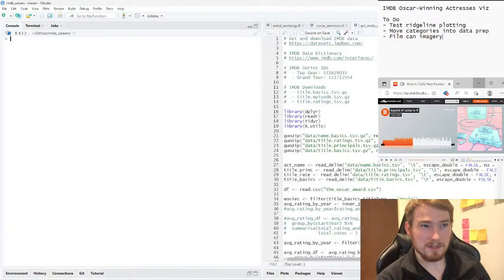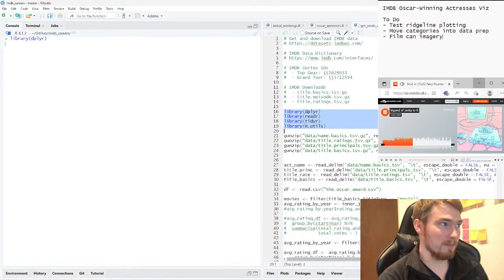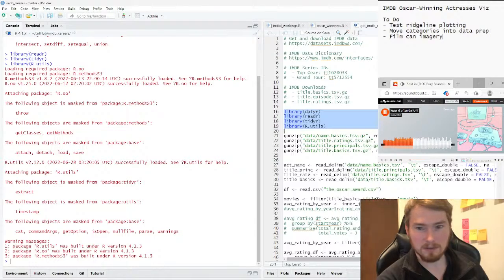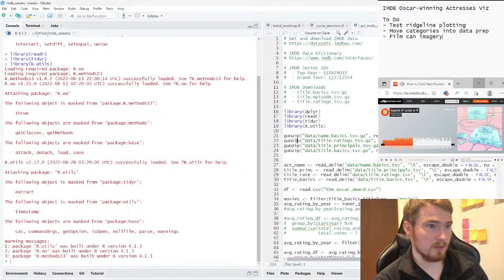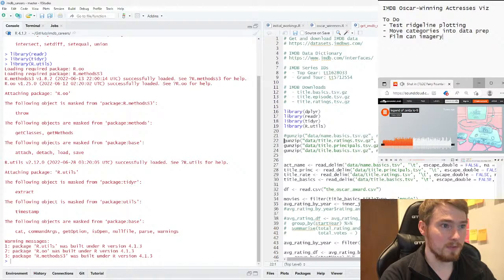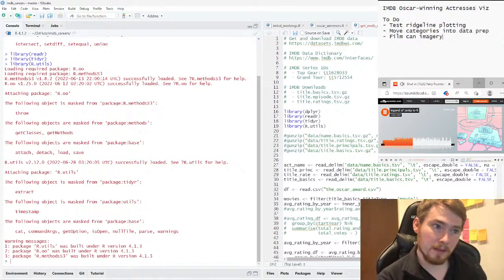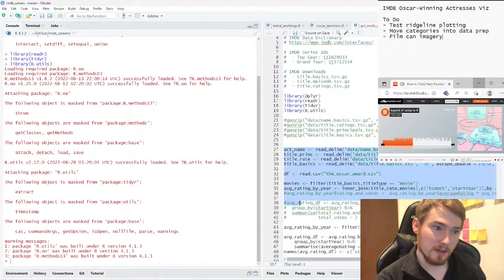So what I'm going to do is get R to run this script. We've been working on this for some time, so I just want R to get all the script ready and prepared for me. So I'm going to load in my packages, and the next section I remember was unzipping a lot of big files we had. We've already done that part, so we can just skip those. Just comment those out for future. And now we can just carry on down here.